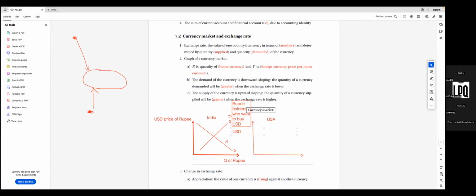So we just call them USD holders. And why do they come into this market, why can they be called the demand side? Because they want to buy, they want to exchange. Who wants to buy